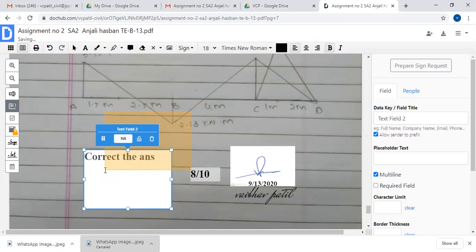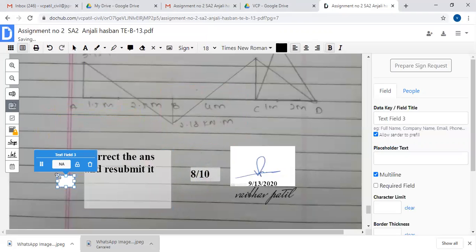Okay, like this, I'm giving the suggestion, and resubmit. Resubmit it like this. I want to give some remark after the completion of this, and give the cursor point.